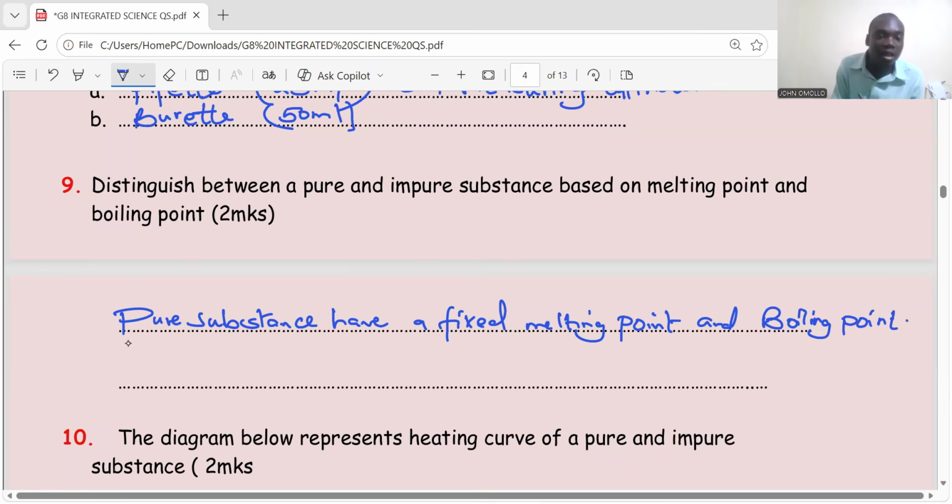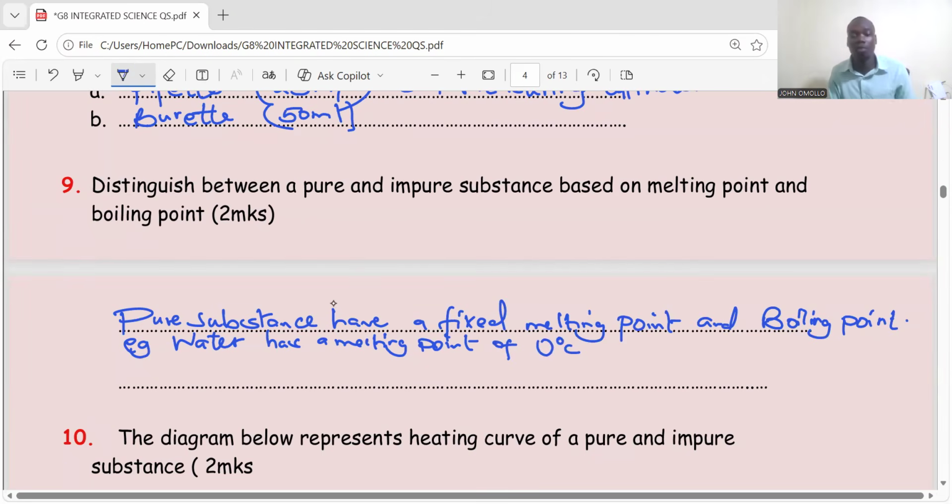Boiling point. Now, for example, water. Water is one of the substances with a pure melting point. Water has a melting point of 0 degrees Celsius. That is the melting point of water. And a boiling point